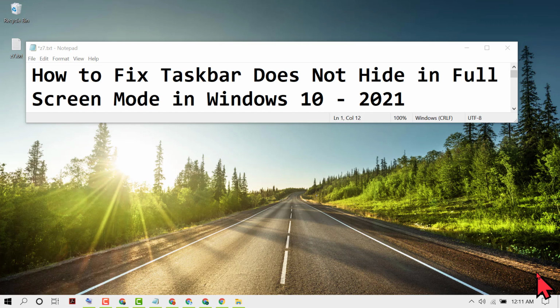Hello friends, in this video I'm gonna show you how to fix taskbar doesn't hide in full screen mode in Windows 10. So guys, if you have some issues regarding taskbar and you are not able to hide taskbar in full screen mode, so just you need to click on